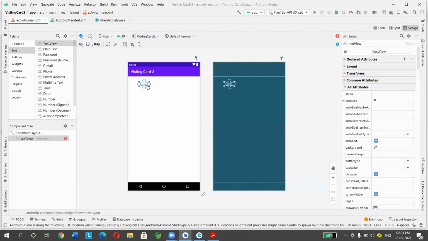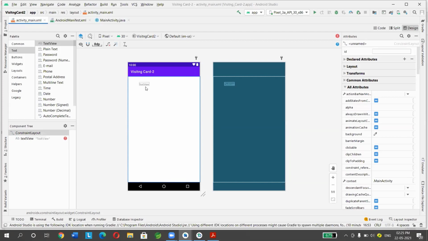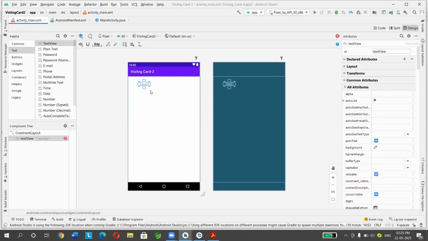So you can see here, click on this activity area. Here you can see the component type of views you are using. It is showing red color, right? You'll see what this means. This view is not constrained. It only has a design time position. It will jump to 0, 0 at runtime unless you add the constraints. That means it is telling you that you have not placed this in a proper position.